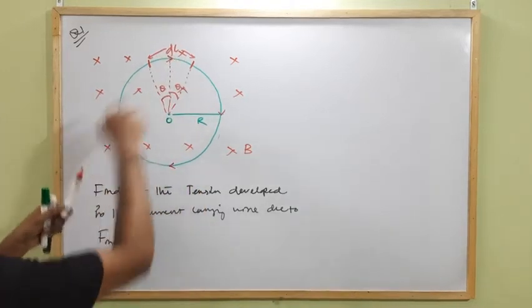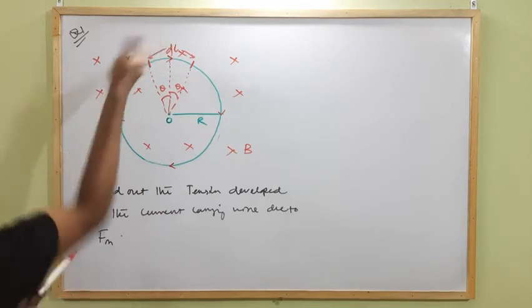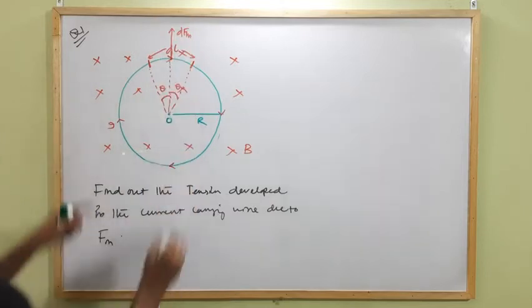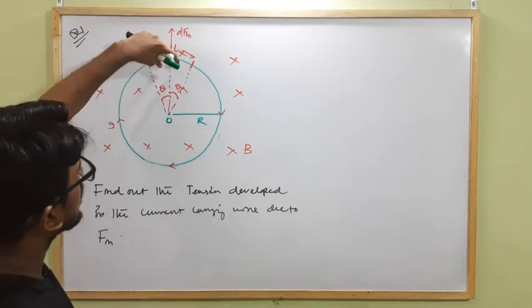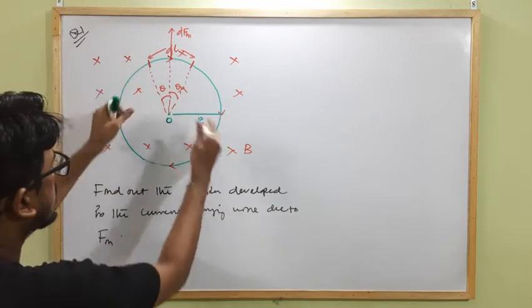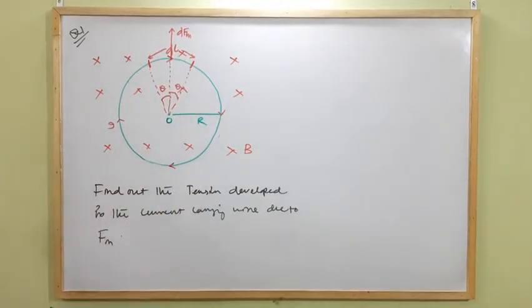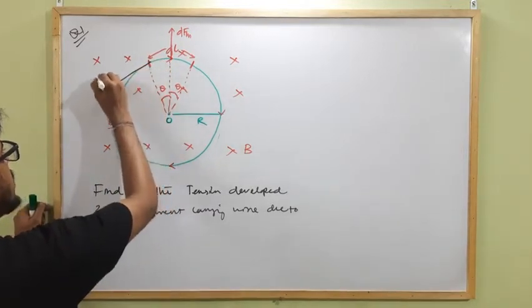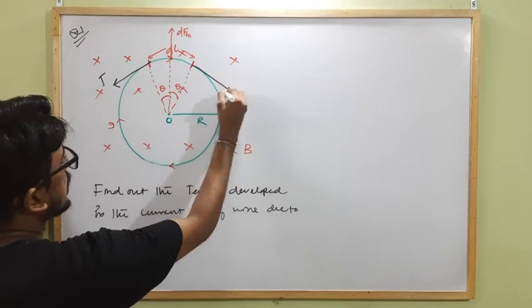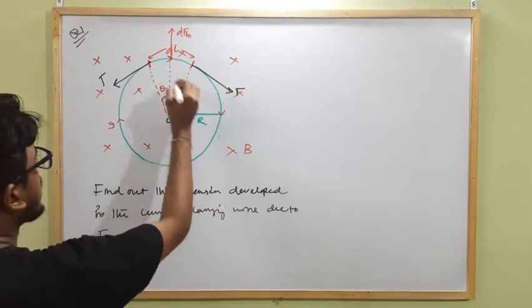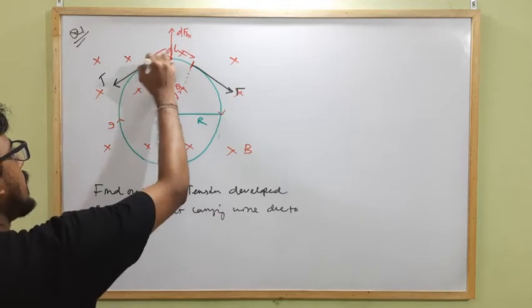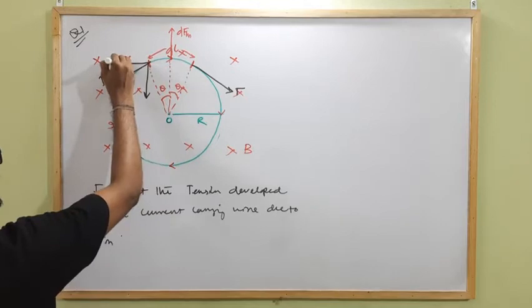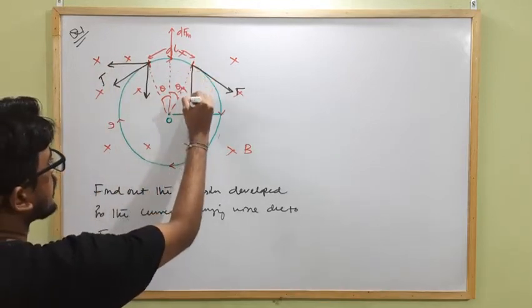So for this segment, current is along this direction, magnetic field is into the plane, so it will experience a force along this direction, that is dFm. And due to this force, the wire wants to move along this direction, but it remains here, so it will develop a tension. The tension direction at this point will be along the tangent. This will be T and here it will be T. So what is the value of T? If this angle is theta, this is 90 degrees, so I am drawing two components of the tension like this at this point. Similarly here will be the two components.